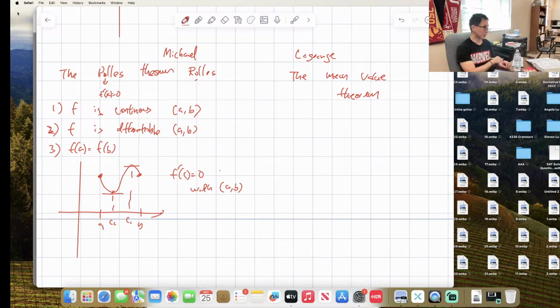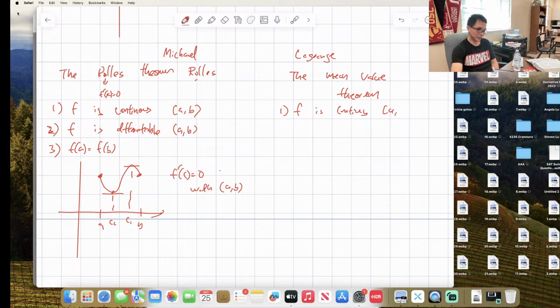Now you're going to say, well, what's the difference between this and the Mean Value Theorem? The Mean Value Theorem is actually pretty interesting. Lagrange is a lazy guy. He kind of just stole other people's theorem and modified it. So he takes the first two conditions. They say f is continuous